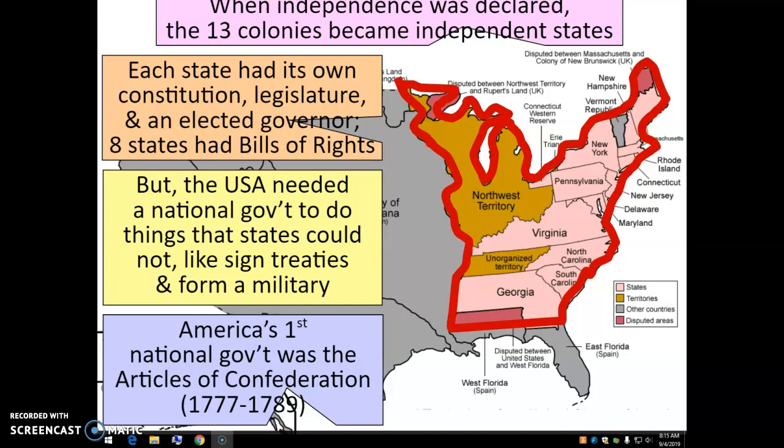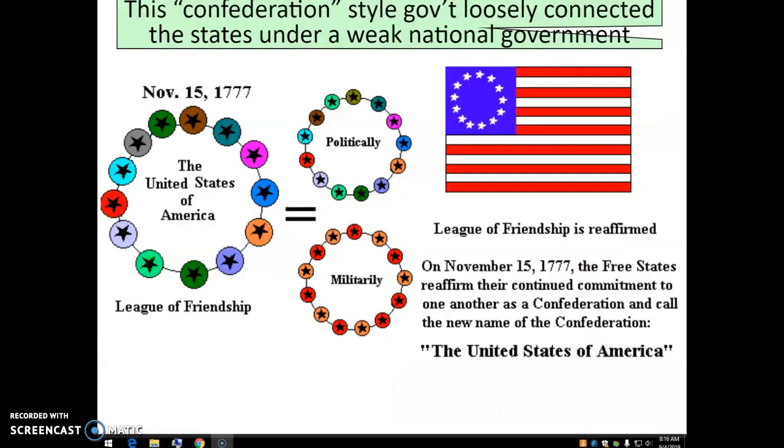Now that they have done this, they're looking to create a federal government to hold everything together. This is what the Articles of Confederation is. It's the Americans' first attempt at a national government, and it will last from 1777 to 1789. The way that it's structured, a confederation is more of a club. It's a loosely connected set of governments that has very weak federal powers. The actual federal branch of the government could not do very much. It really was more about each individual state having more power.